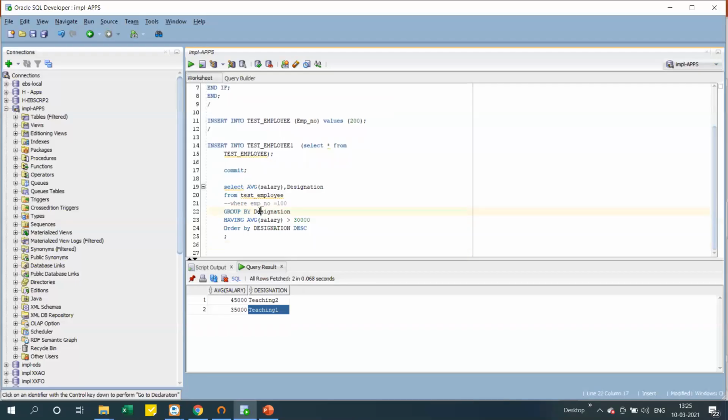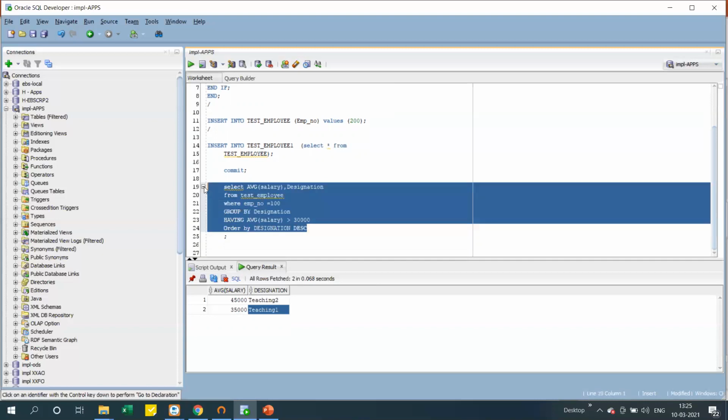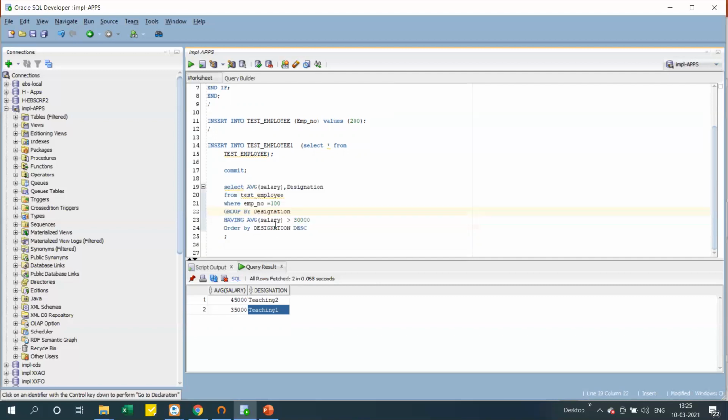And if you see the order of execution, let's say there are too many clauses. Here we have select, from, where, group by, having, and order by. How will the database execute the query, like what comes first? Here we select some columns from a table. First the database should know the table name, so definitely from will be executed first. Then after from, the where will be executed, because it pulls the data based on those conditions.